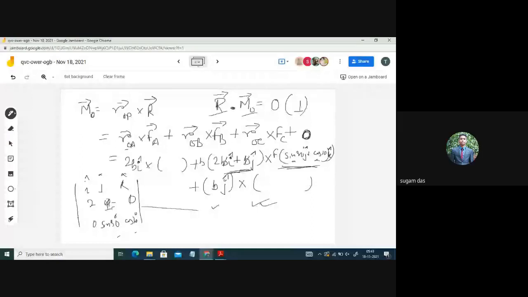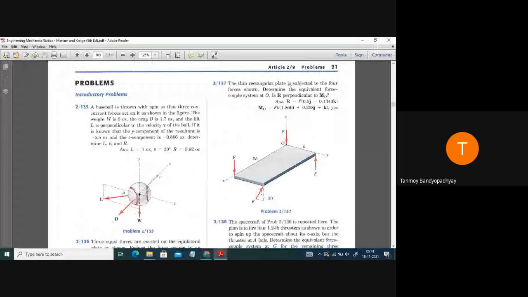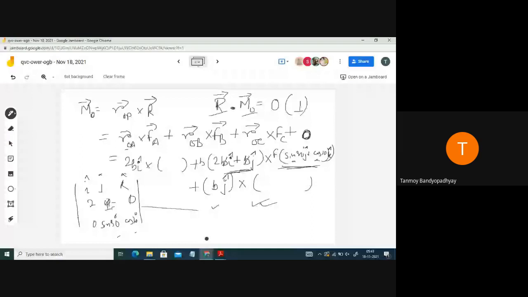And the next part of this problem, which I had already discussed, is to determine the equivalent force couple at point O. So the force is the resultant force and the couple is M0. I had discussed many times how we replace a force by a force couple, so just follow that. Write that there is a force R at the point O and a couple of magnitude M0. The couple is a free vector, so you don't need to write the point O. Clear?